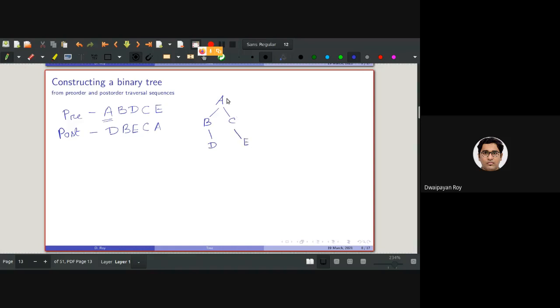So what is the pre-order traversal of this tree? Root, left, right. So basically A, then B, then D, then C, then E. Everyone with me? Pre-order traversal, again I am writing, is root, then left, then right. And for post-order traversal, it is left, right, root.